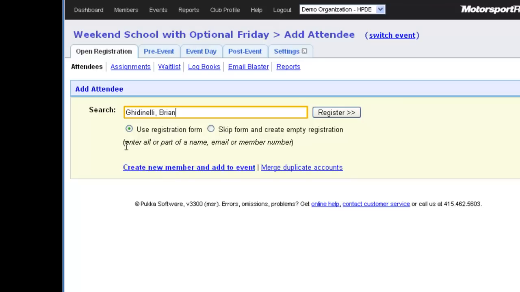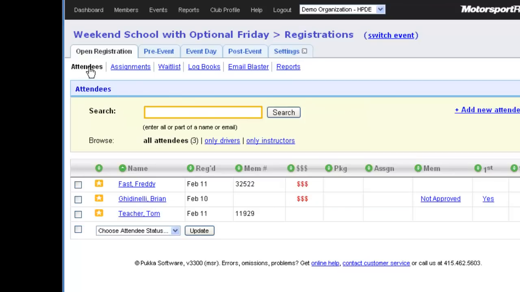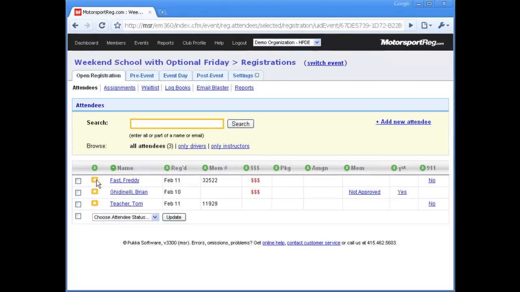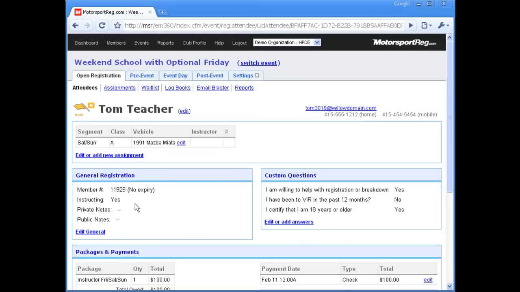Okay, back to the attendee list. Let's take a look at a single registration. What we're looking at here is the electronic equivalent of your paper registration form. At the top is the entrant, Tom Teacher, whose registration status is new. We have his entry, what we call an assignment, the combination of segment, class, vehicle, instructor, number, and group. We have some general registration information,